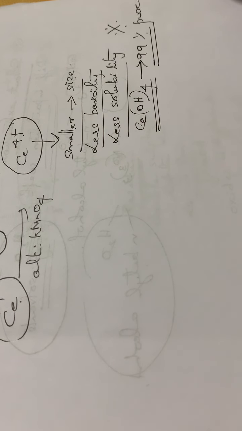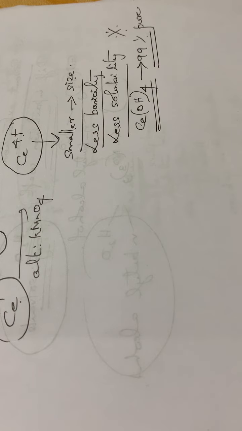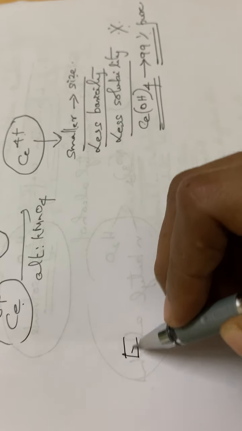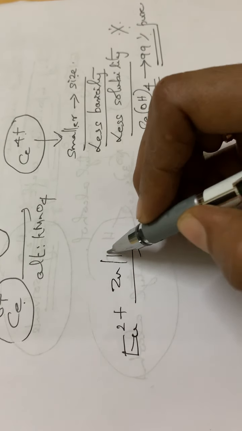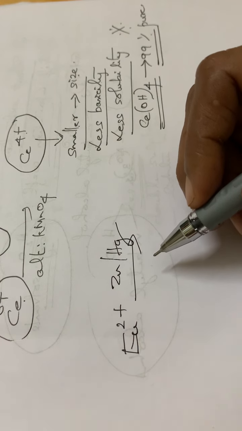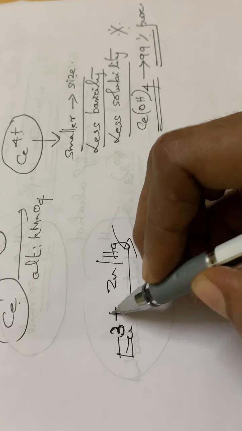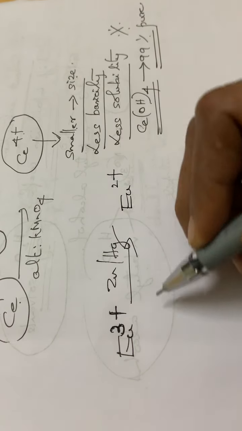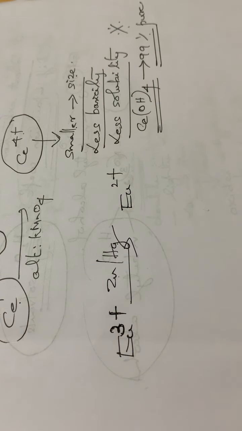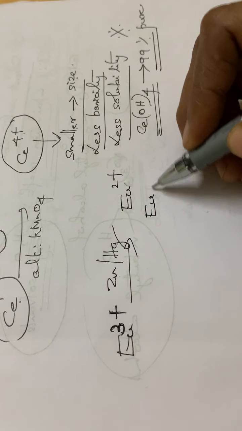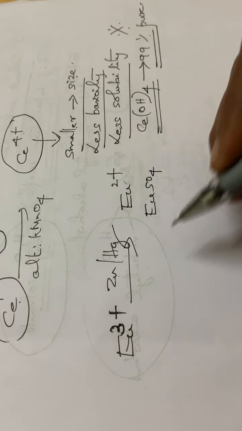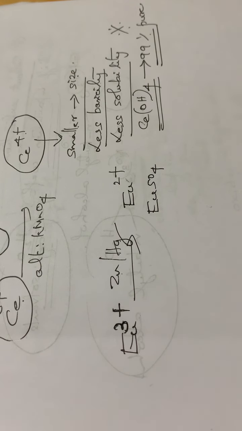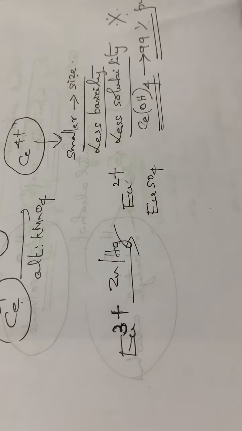So this is regarding the oxidation state. Similarly, many ions can be converted, that is europium 2+. Europium 3+ can be reduced using zinc amalgam. Zinc amalgam is a very good reducing agent, isn't it? Europium 3+ reduced using zinc amalgam is reduced to europium 2+. That means it can be in the form of sulfates, that is europium sulfate, and then we can precipitate out this europium sulfate. So this is another method, change of oxidation state. And then the last method, that is the ion exchange method.